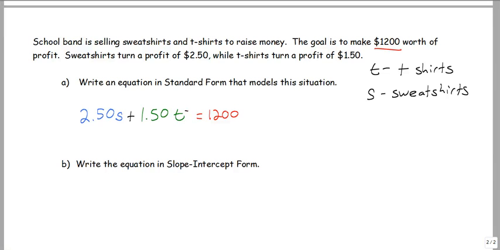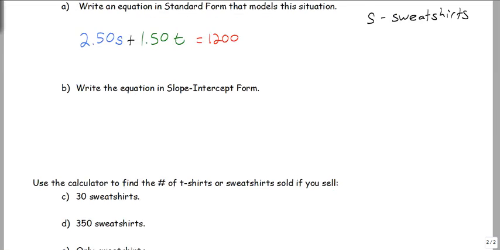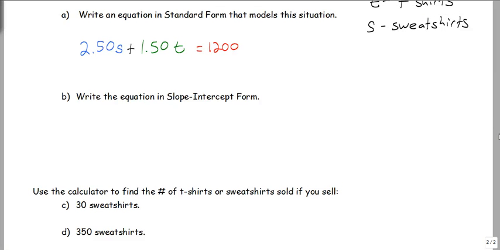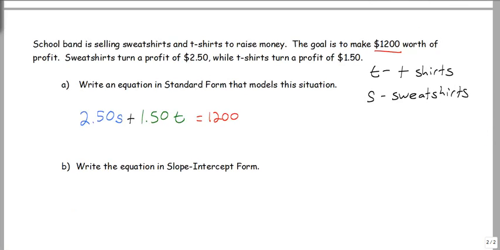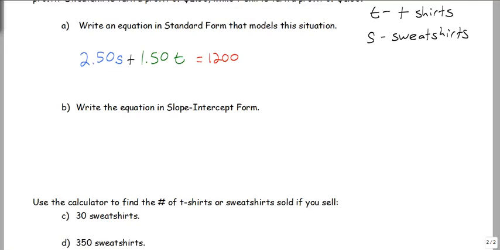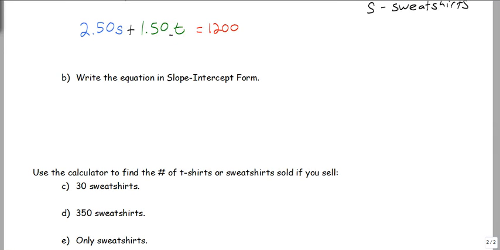Now it says write the equation in slope-intercept form. Well, this is a little weird because I used S's and T's. Well, let's pretend S is like X and T is like Y. It doesn't matter each way unless I specifically told you I want the equation in terms of the other. I did not here, so I'm going to solve for T. I'm going to say T is like my Y. So I get $1.50 times T is equal to, and then this turns into 1,200 minus